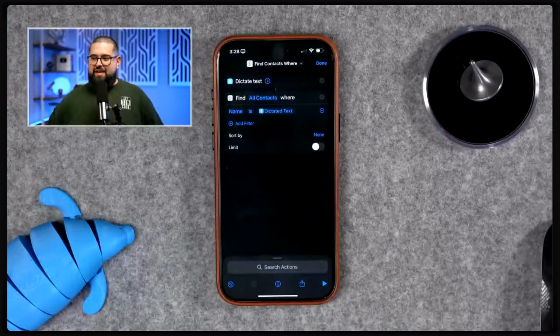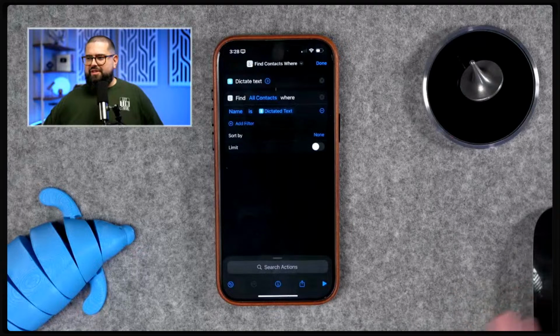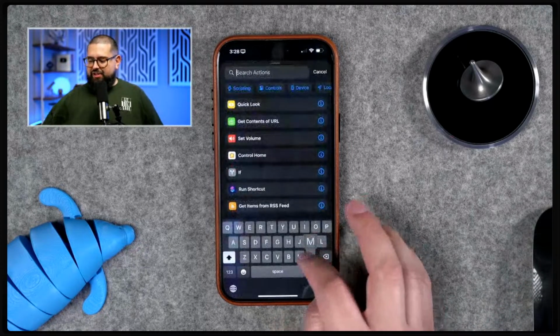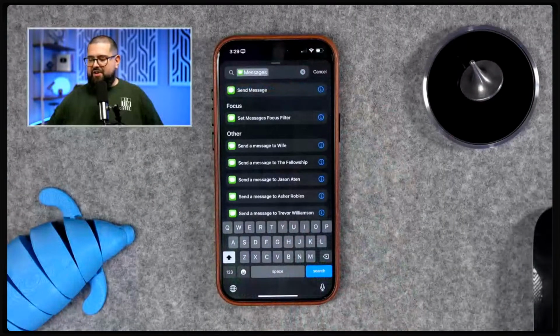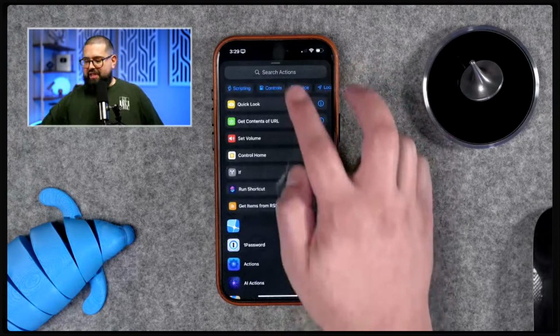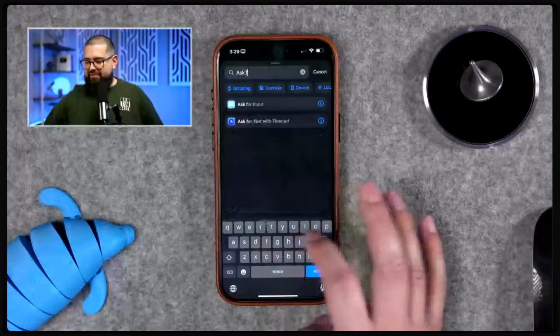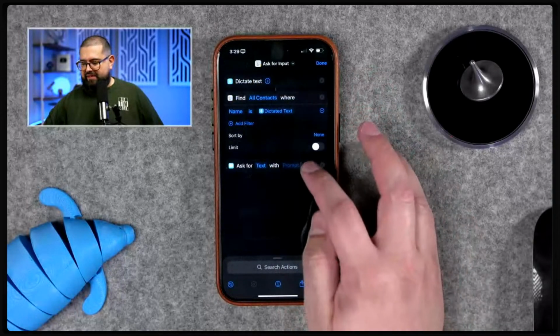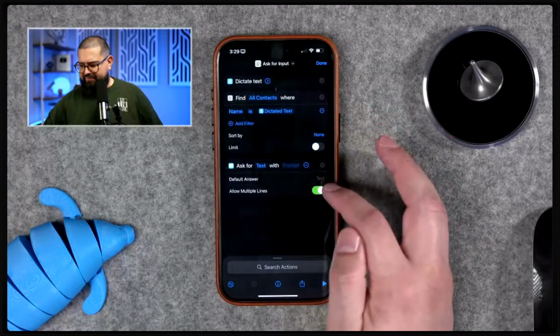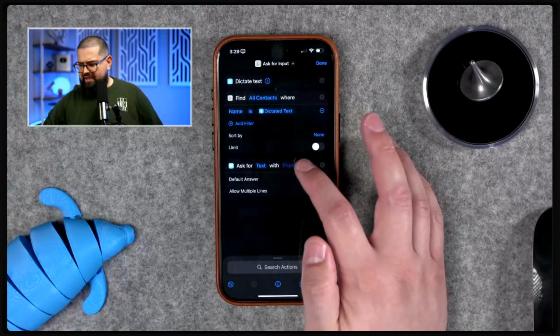Okay, cool. Now, you're saying you want to be able to send a picture and a text. Now, here's the challenging thing. The messages action only has the ability to send a text or an image at once. So you'd kind of have to do two. So what I would say is let's ask for input. So if you want to like text something written out, let's do,